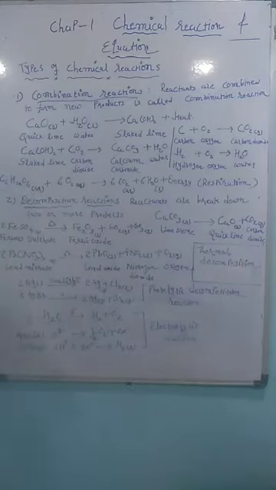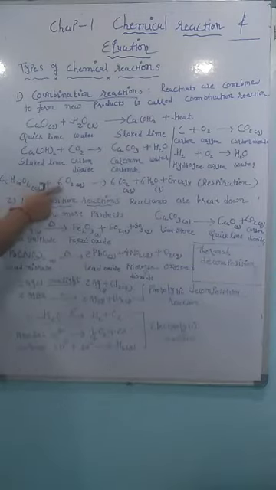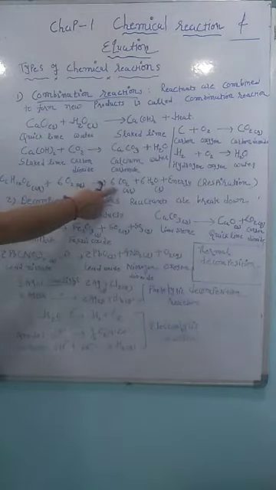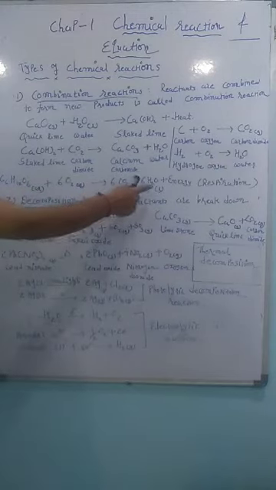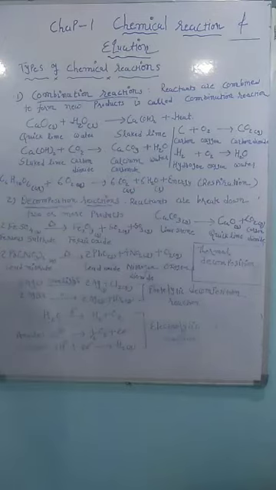In the same way, in the respiration process, a combination reaction also occurs. Generally we take food, and in that food most probably glucose is present. This glucose reacts with oxygen, which is present in the breath we take. The oxygen reacts with glucose and makes 6 moles of carbon dioxide, 6 moles of water, plus energy. So that is an example of the respiration reaction.